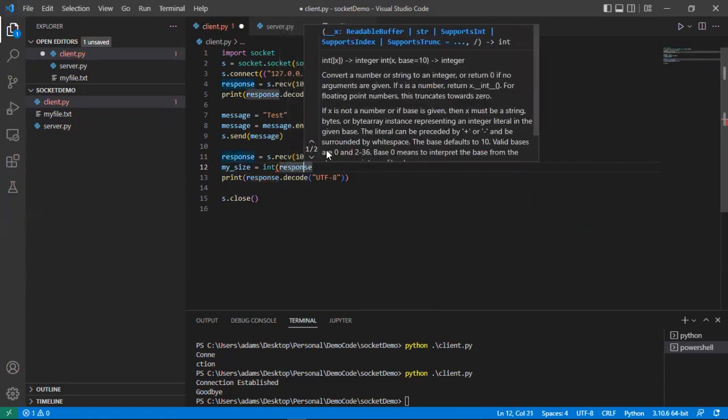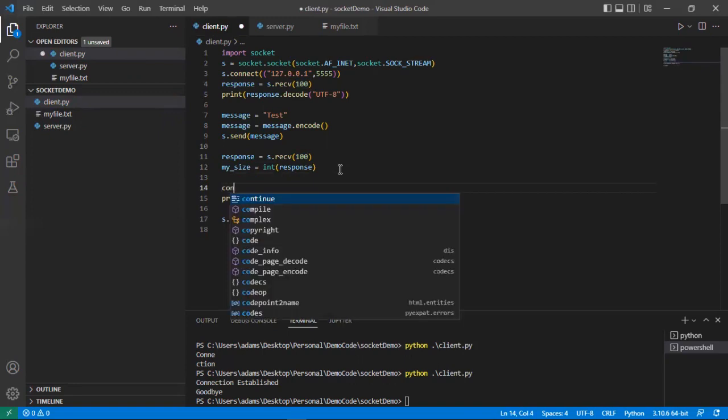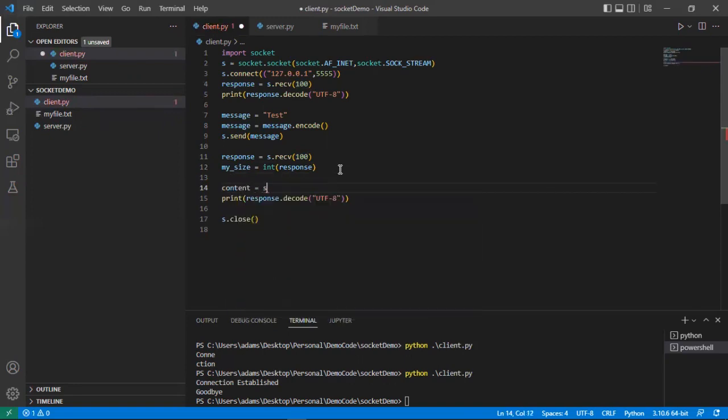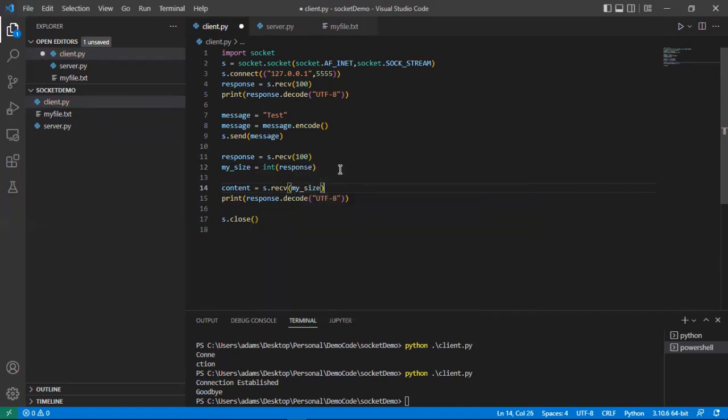So we know at this time, if everything is running properly, this response coming back will be an integer. And now with that, what we can do is get another receive using my size,